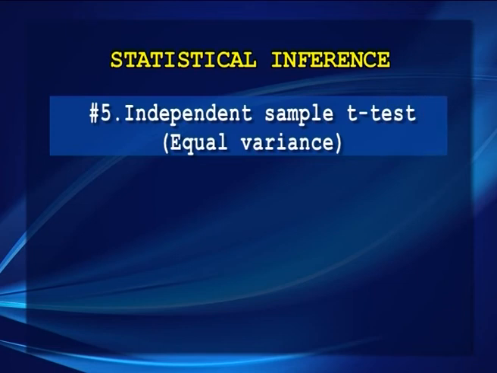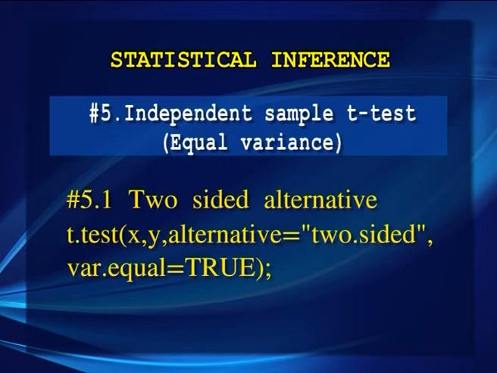Independent sample t-test is carried out for equal variance. Two-sided alternative. The command is t.test(x, y, alternative="two.sided", var.equal=TRUE);